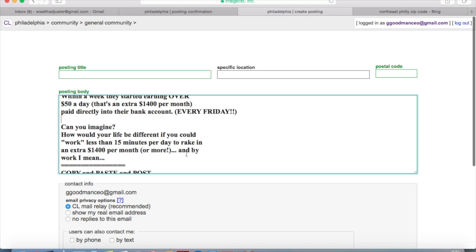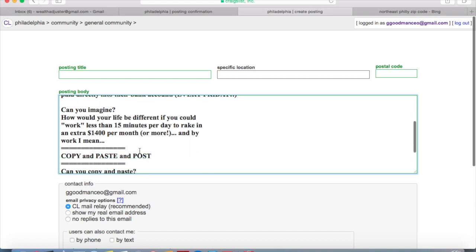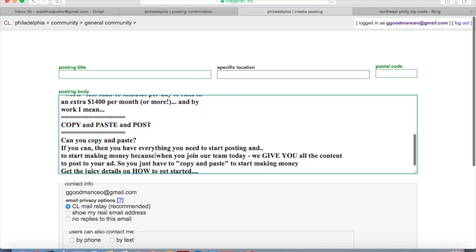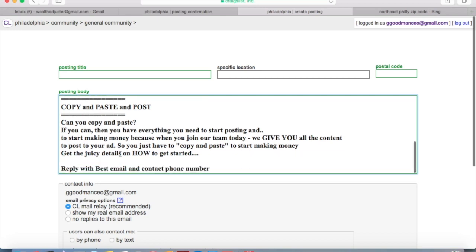Okay, that's what $50 a day equates to in a month's time. And by work I mean copy and paste and post. Can you copy and paste? If you can, then you have everything you need to start posting and to start making